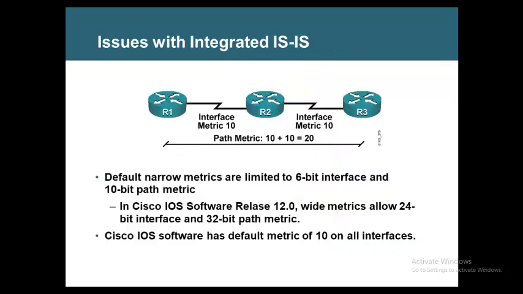Issues with integrated ISIS. So what is the problem in this ISIS? By default, only 6-bit is reserved for metric under the interface. And 10-bit is for the end-to-end path metric. I repeat,